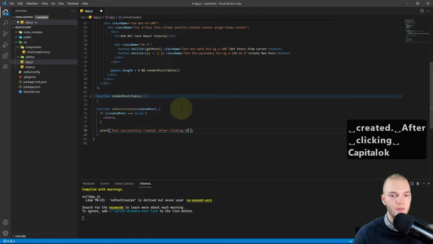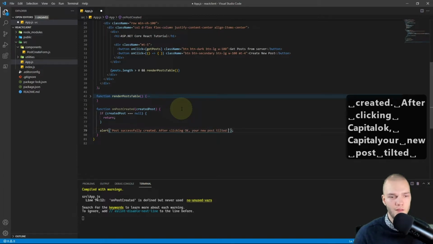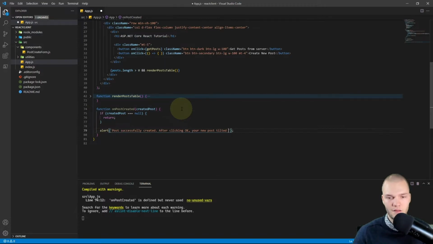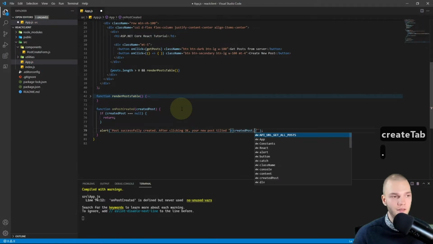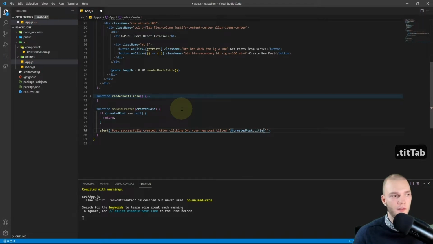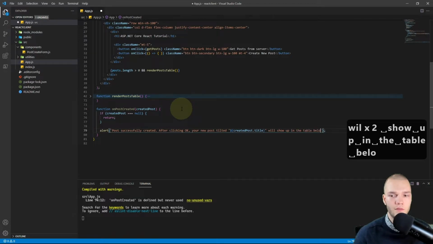After clicking OK, your new post titled", and then I'll add double quotes, then a dollar curly braces for an interpolated string, and then we'll pass in the created post dot title. Then after the double quote "will show up in the table below."